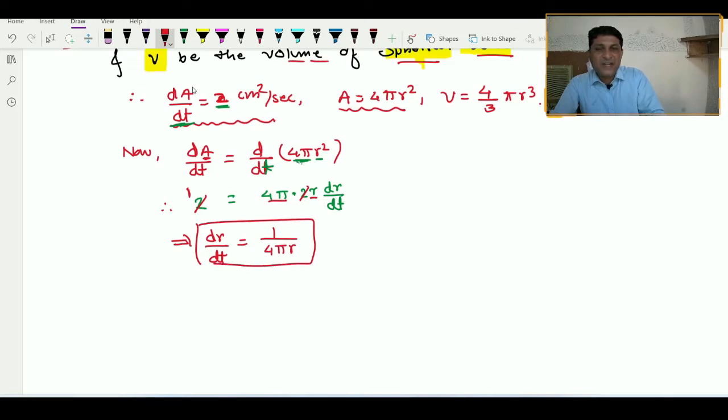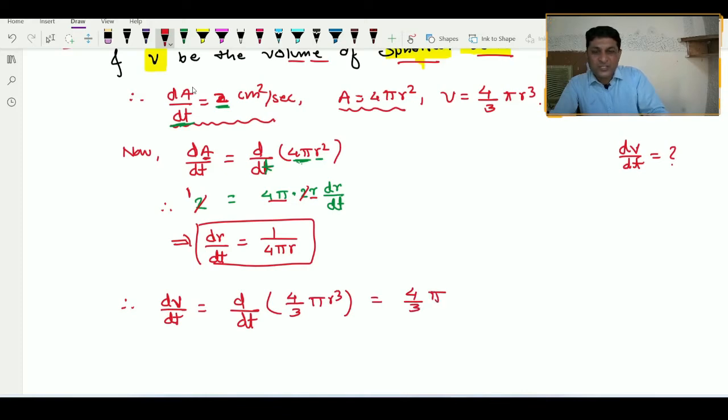Once the value of dr by dt is known to us, now we will find our required value. What we have to find out? The increase in volume, means dV by dt is our required value. So dV by dt will be equal to d by dt, keep it as it is, replace V by its value. What is the volume of the spherical balloon? That is 4 by 3 pi r cube. So it equals 4 by 3 pi, keep it as it is because it is a constant term. We are now differentiating r cube. So for the derivative of r cube, first take the power of r as a coefficient, decrease its power by 1, then the derivative of r with respect to t is dr by dt.